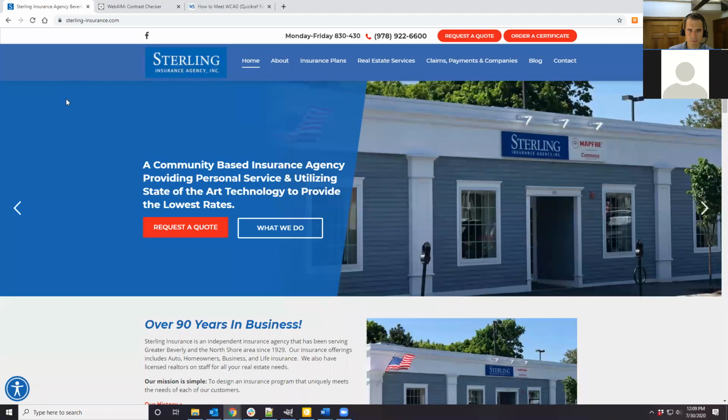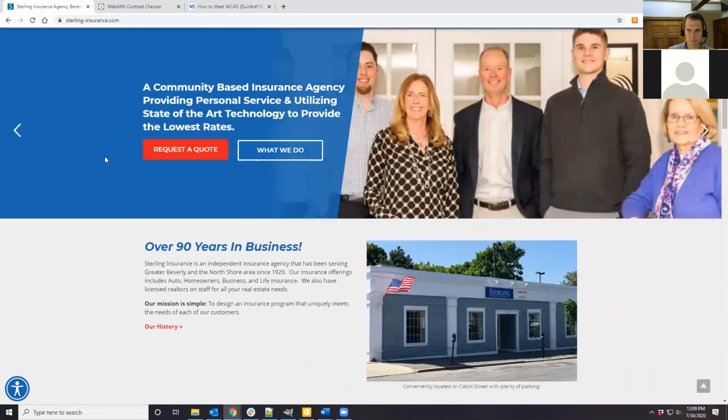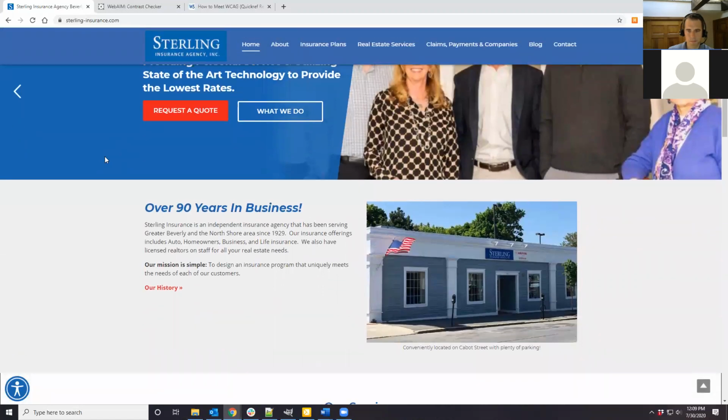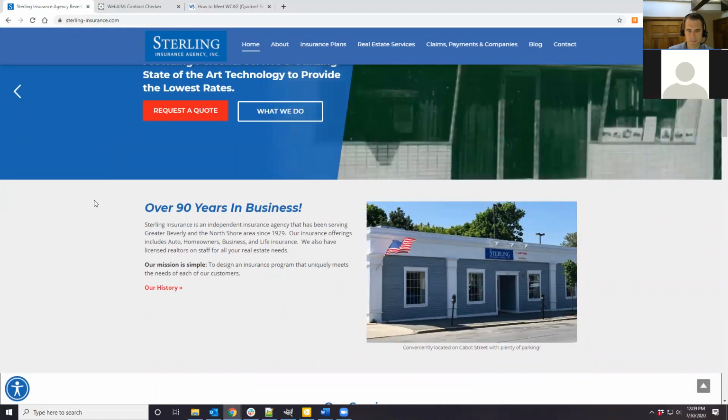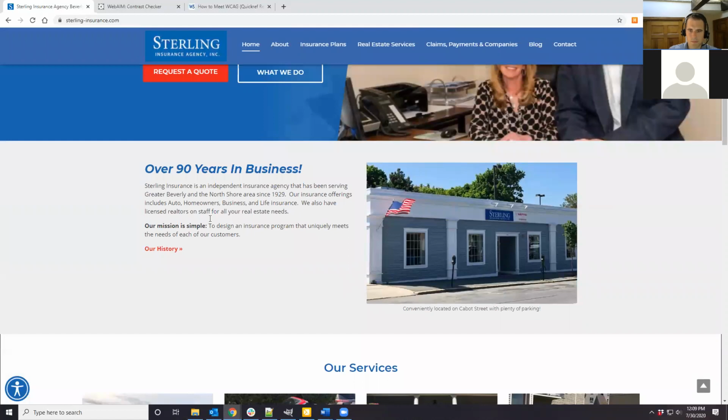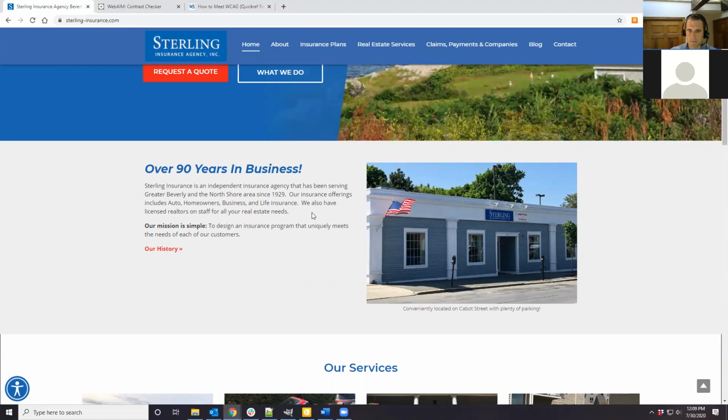So starting off, the most basic thing that is important is alt text for images. Basically any image on a website needs to have alt text for anyone who is blind or visually impaired and they cannot see the image. You need to have essentially a description of what that image is. So when they're using screen readers and the screen reader gets to that, it describes